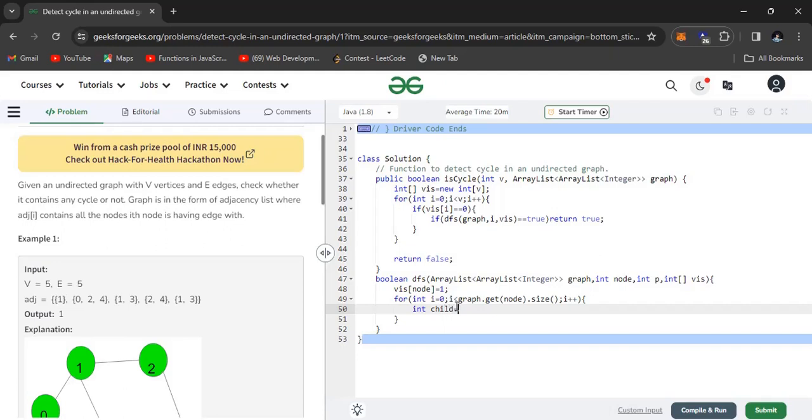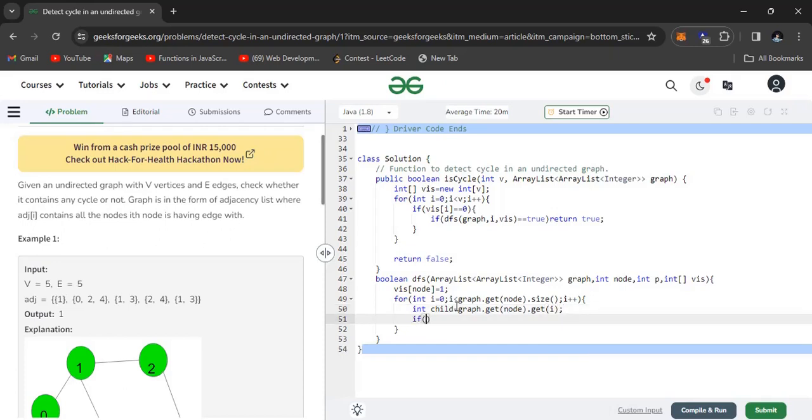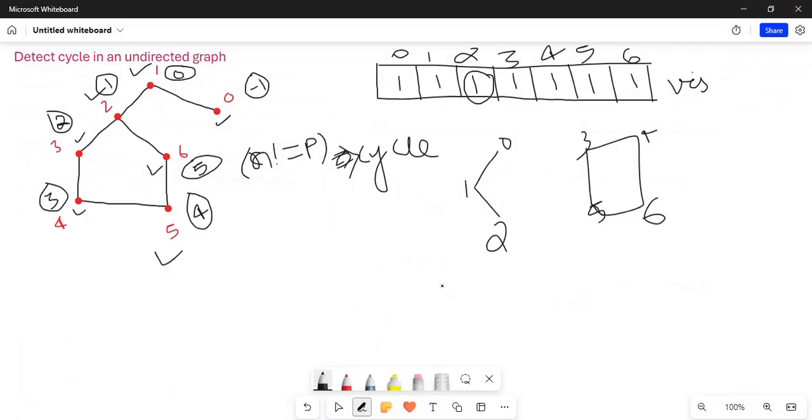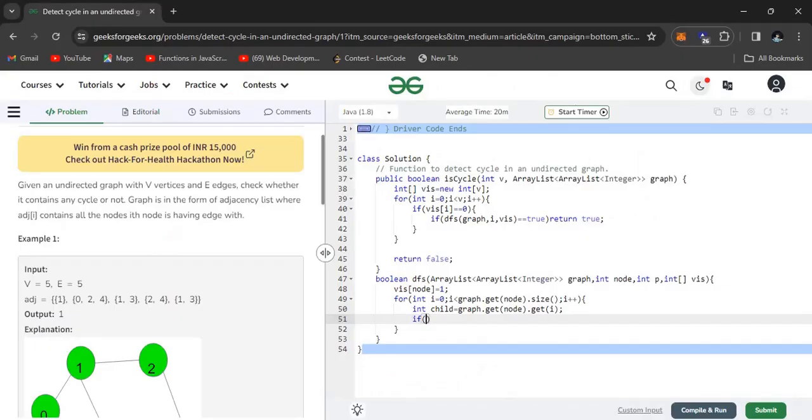And child, let's first find the child. Graph dot get of node dot get of i. It will give the node, and if the child is unvisited, simply call DFS, okay. Simply make a DFS call if visited of child equals to 0.